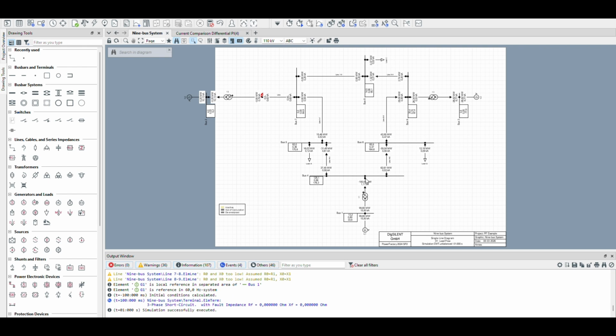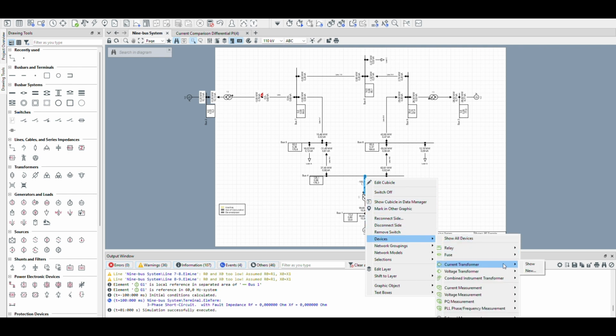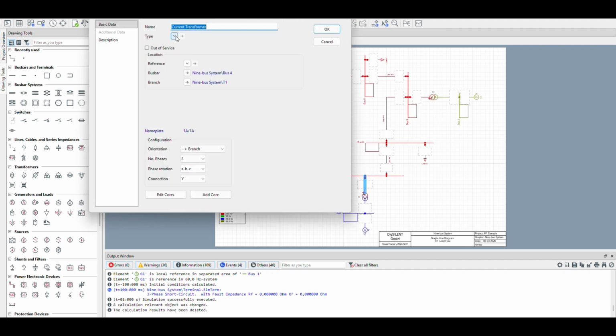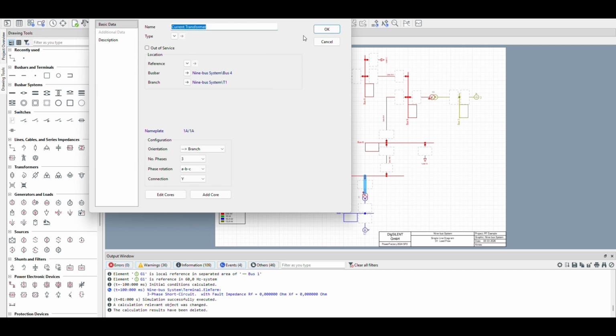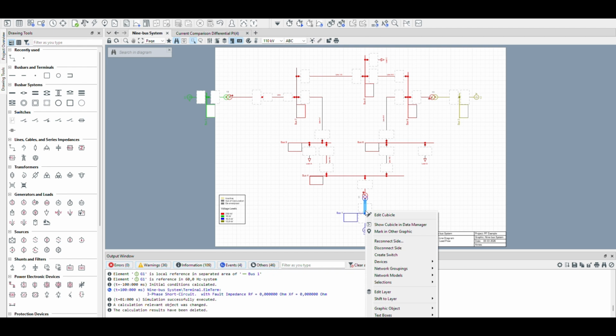And for doing so, we need two CTs on both sides of the transformer, and then we need one relay to be installed somewhere. So if we want to do that, for example, on this transformer, we can right-click, Device, CT, and New, and here we can design your CT. You can put the values for your CT, for example, 1000 to 1 or anything. And you can put a name for this one, CT1, for example, and then you should go to the other side